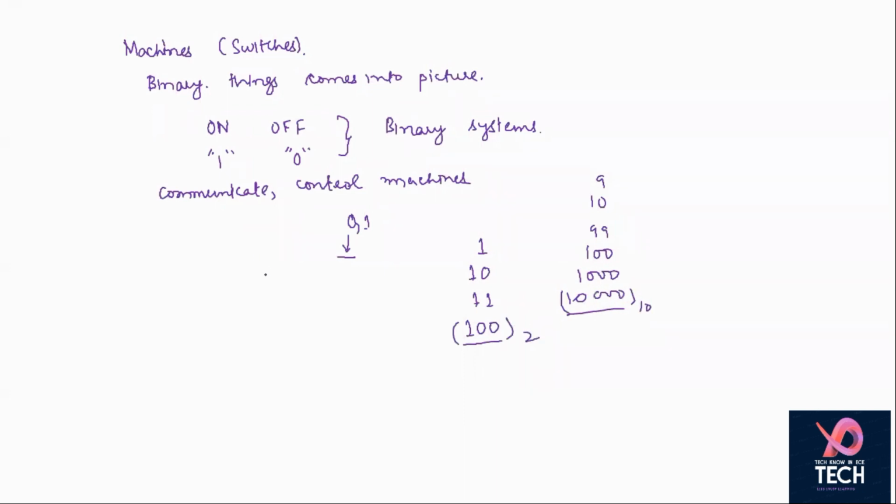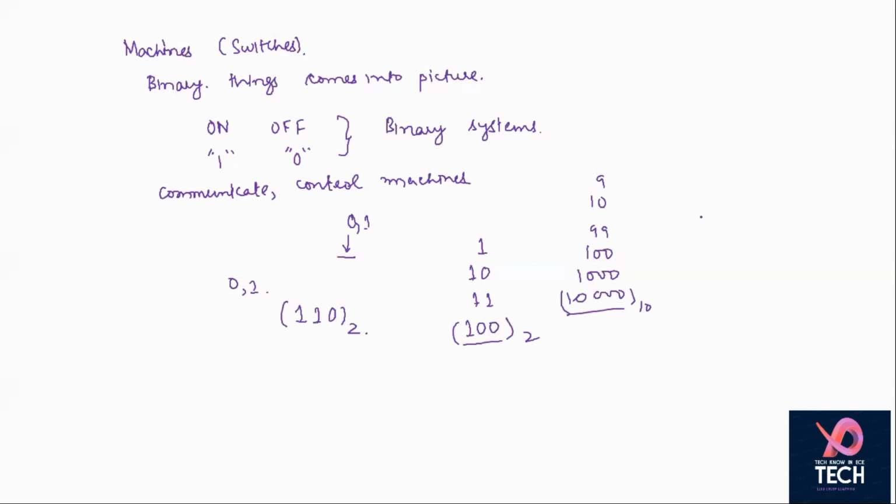Whenever you define a number in binary, there are only two digits, 0 and 1. And when you write a number in binary, you are supposed to write the base with it, like 110 and so on. I hope you get some idea about numbers. If you have any doubt, let's discuss.